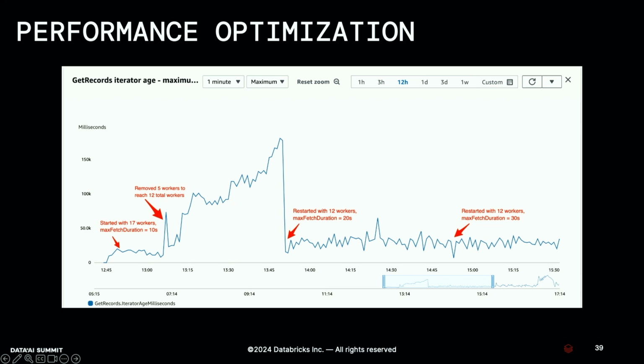I'll use max fetch duration as an example of how we optimized those Kinesis parameters. Again, max fetch duration is how long we buffer prefetched data before the data becomes available for processing. The line in the picture is the Kinesis iterator age. If the iterator age keeps increasing, that means data in Kinesis is backed up and the application isn't keeping up